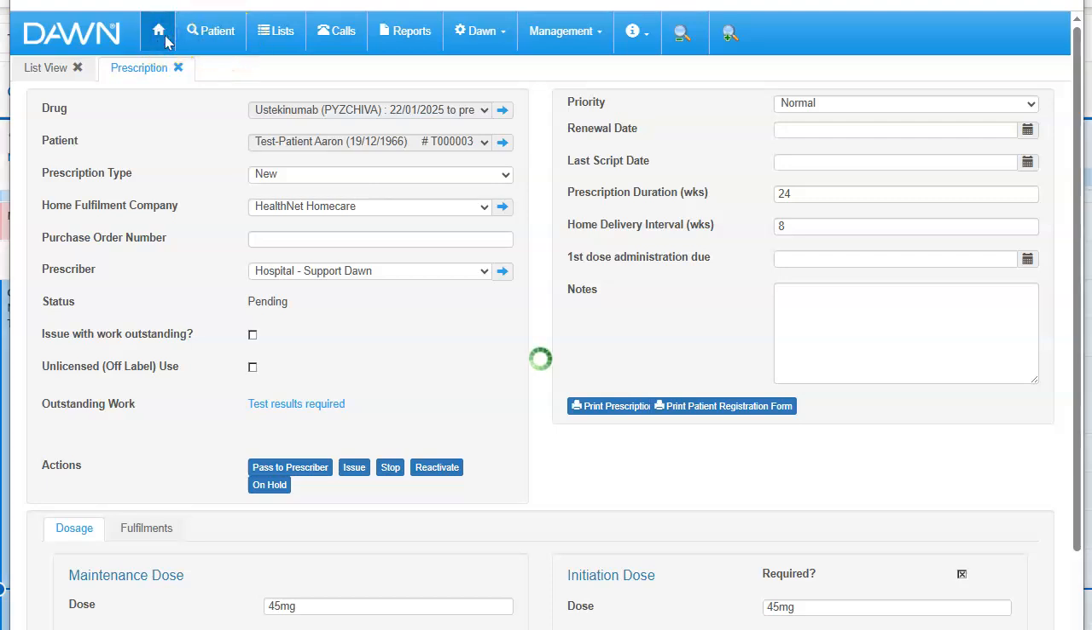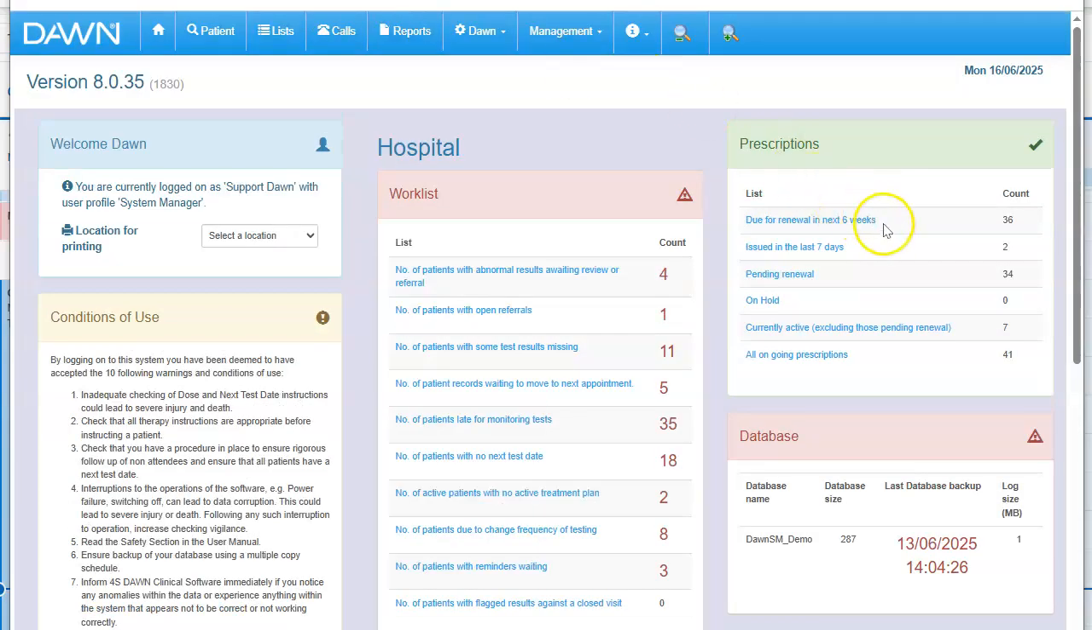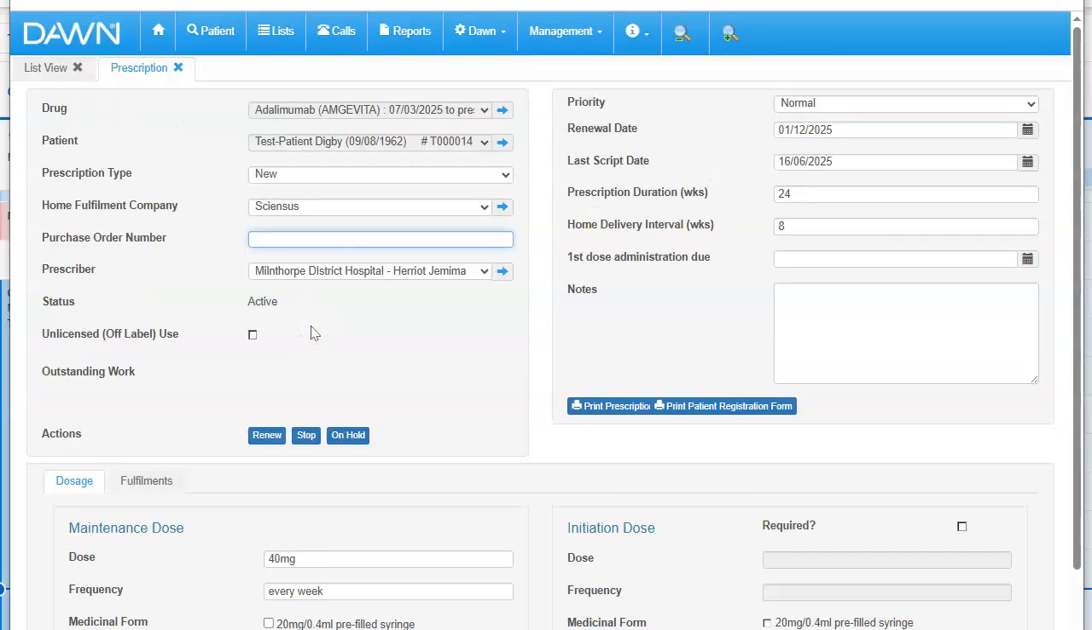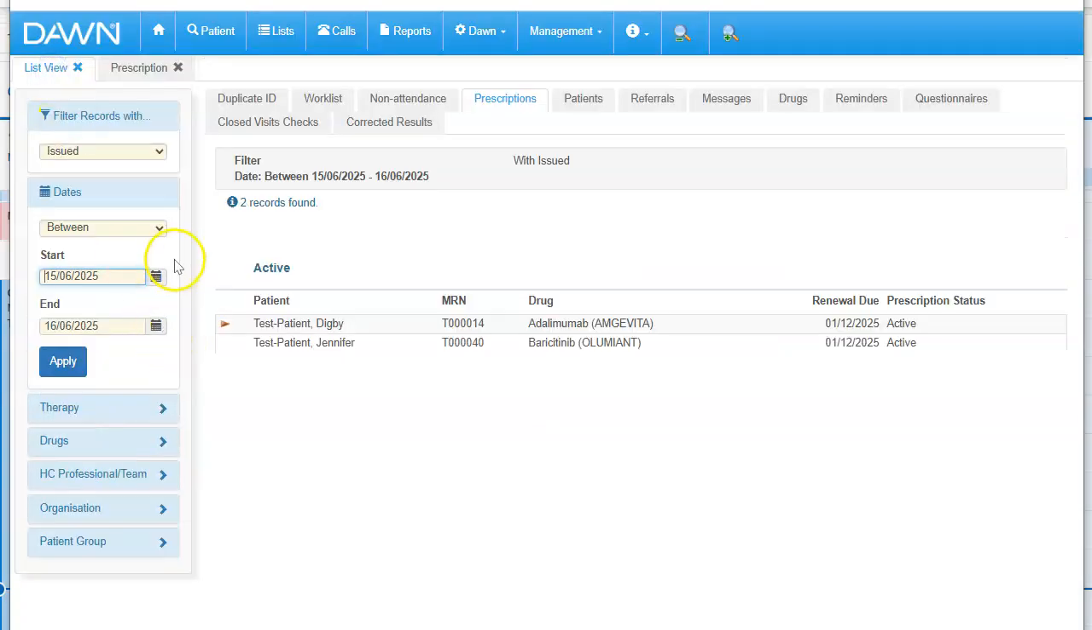Finally, if I return to my home page, we can see the next filter here is issued in the last 7 days. So if you want to find a prescription you've just recently issued, here we go. These are the two we've just done. I can click on here and it will take me straight to it. Or I can change the date settings here to look for a different date range or a specific